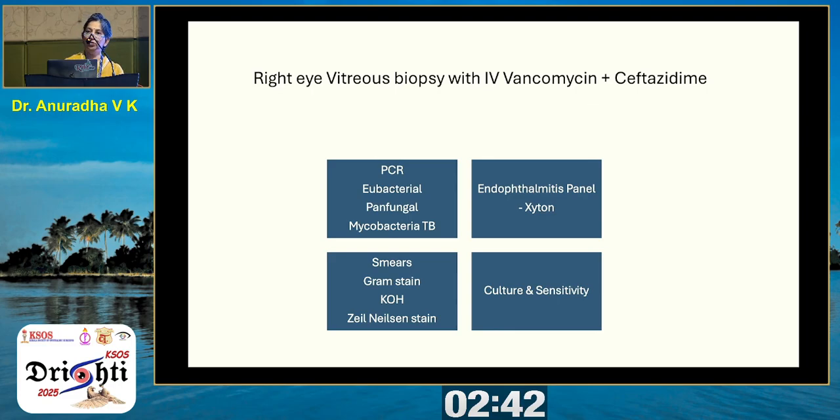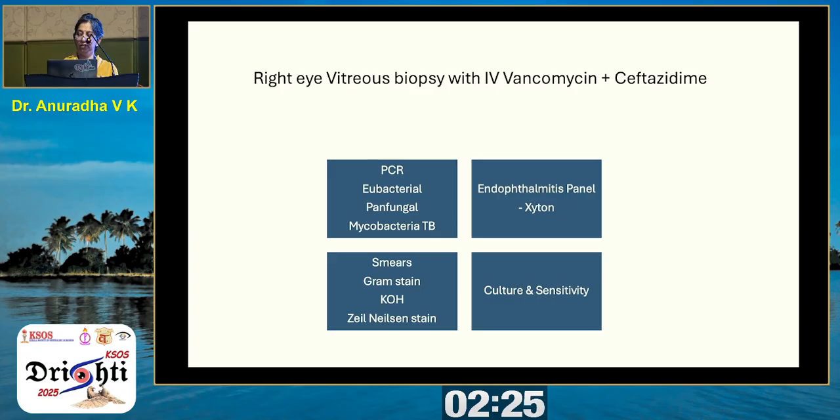After that, the patient chose to follow up locally, but we were in touch with the local ophthalmologist. And they told us that she's not responding. And I think the Mantoux was borderline positive. So we decided to start her on ATT and oral steroids. Even with that, she kept worsening.